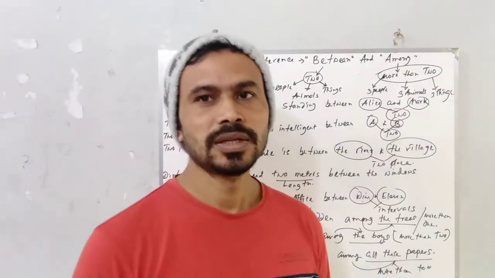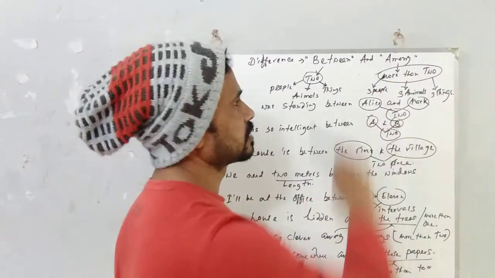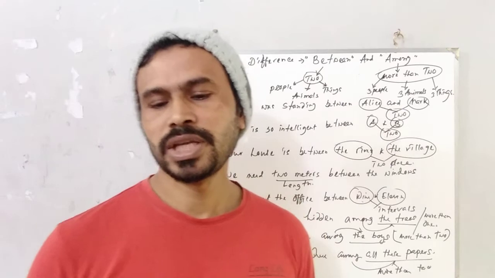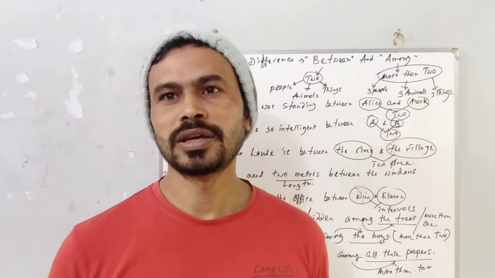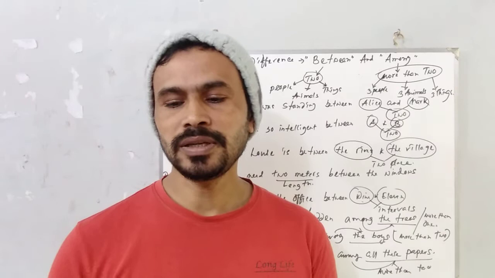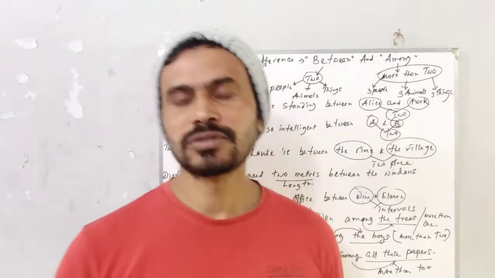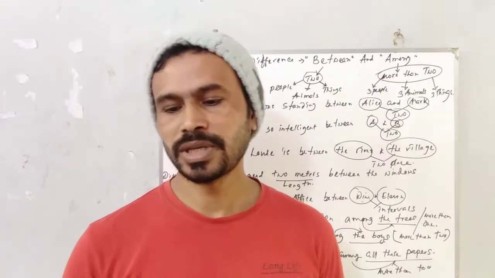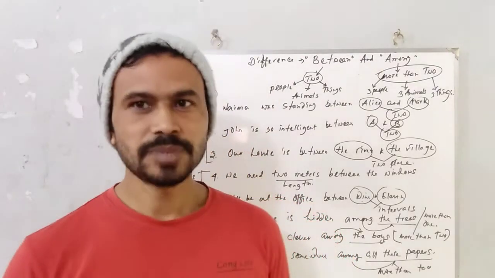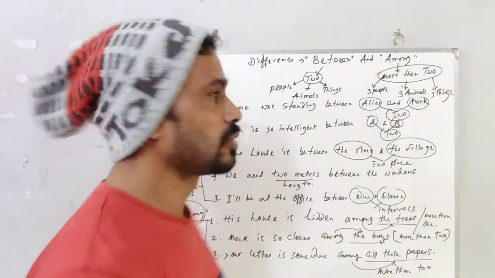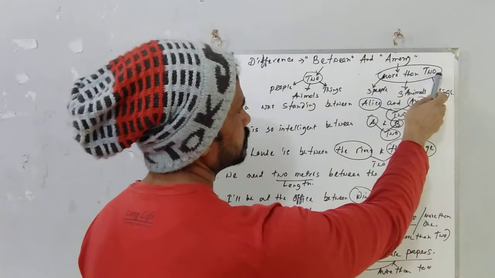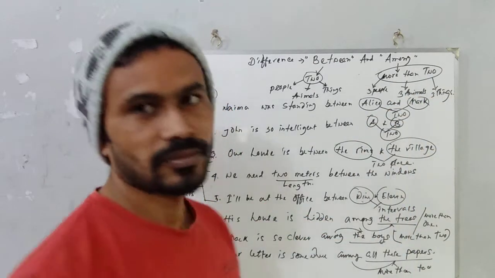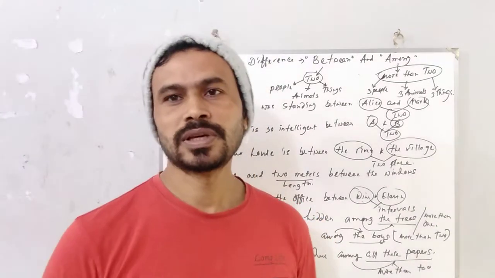And what does among mean? We naturally prefer among when somebody or something is in a group, such as a crowd or a mass of people, or things which you do not separate. So you can say among means more than two: three people, three animals, or three things. I think, my friends, you understood.